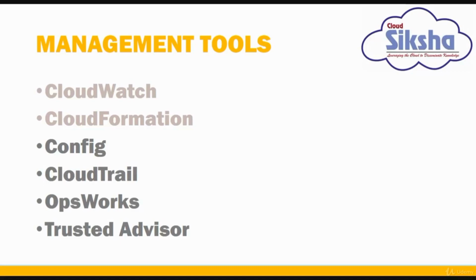Then whenever there is a change in configuration, you can enable notification. So all this will help you in both security and governance. Config also gives you config rules. Now these rules enable you to create rules that will automatically check the configuration of an AWS resource, which is recorded by AWS Config. You can discover what are the existing resources, you can discover what resources were deleted,